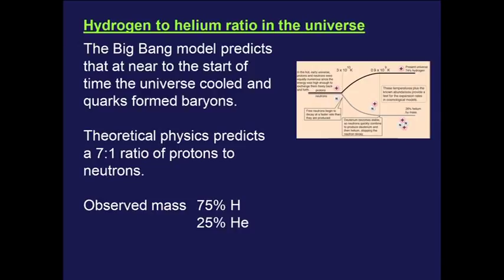And yeah, 12 hydrogen atoms is obviously 12 protons. One helium atom is 2 protons and 2 neutrons, so that's altogether 14 protons to 2 neutrons, and that does indeed mean that there is a 7-to-1 ratio. And the reasoning behind the 7-to-1 ratio is beyond the scope of the specification, but the ratio of hydrogen to helium is a piece of evidence that corroborates the Big Bang model.